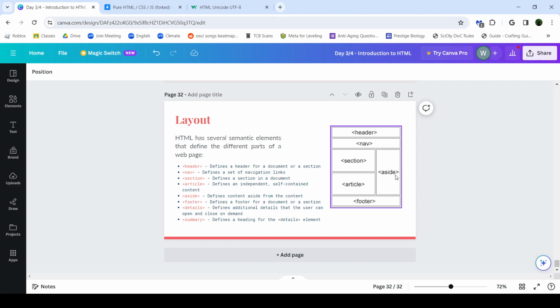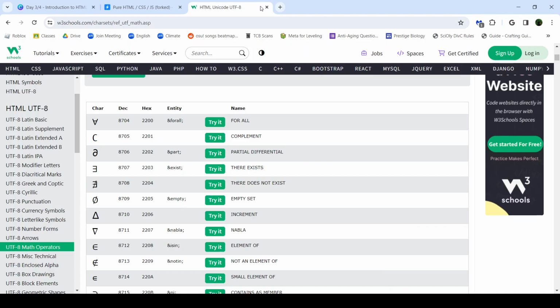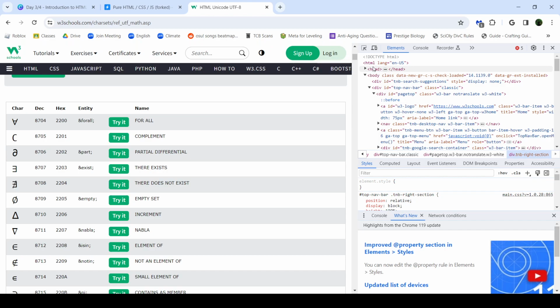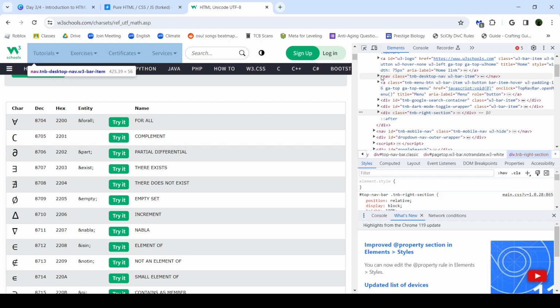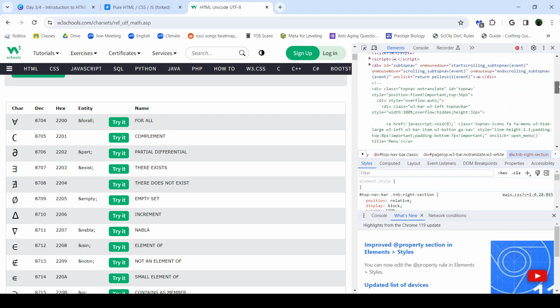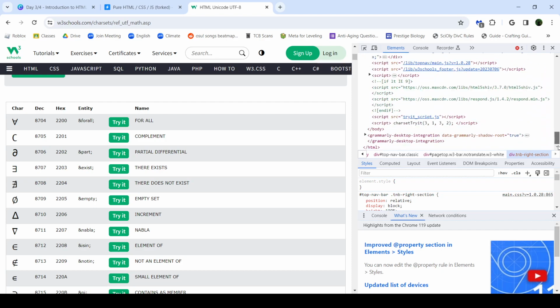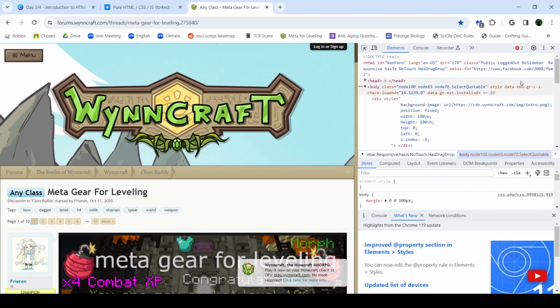So we can see the example of this in real life as well, right? Where we can inspect this page with all the symbols, and you'll notice that, hey, I have a head here, I have body, right? I have nav right here, and then this is all just words, and this is not a great example, but if we go to this website, for example, we can inspect this and we'll see that